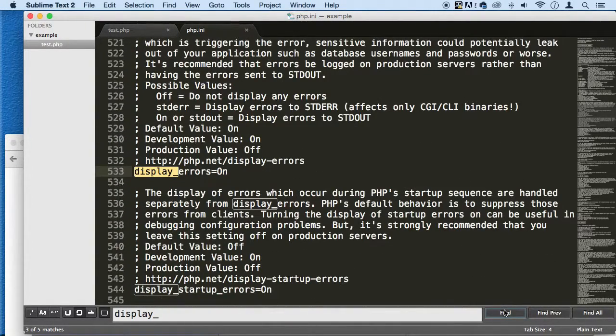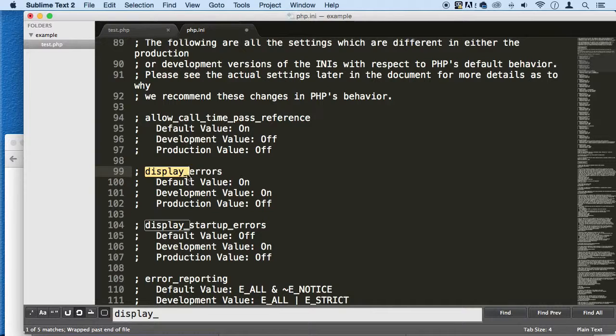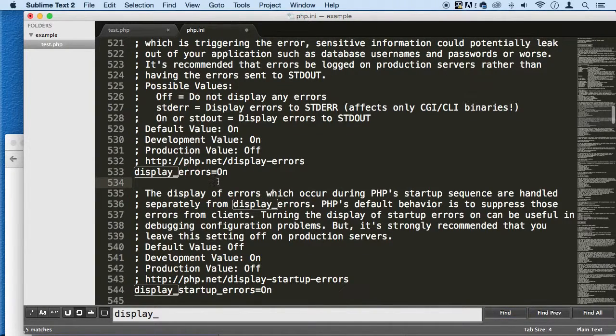Let me see if we can find another one. Right here is another one. Make sure that this is on. And you can see right now, if you put a semicolon here, this is not going to work. It's going to comment this out. So make sure that it is like this. I don't have any more display errors, only this. And this is not the one that is actually working, it's this one here for me. All right, so then when you save it,